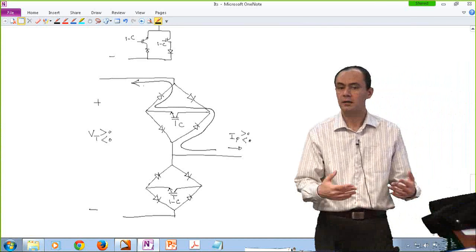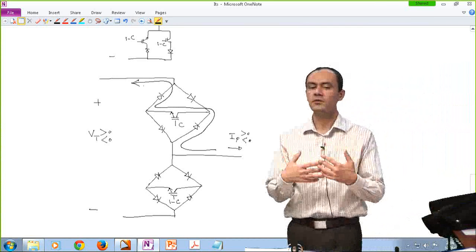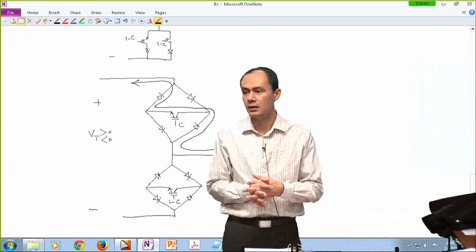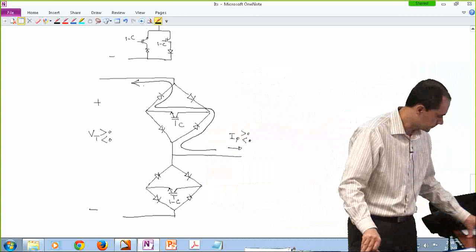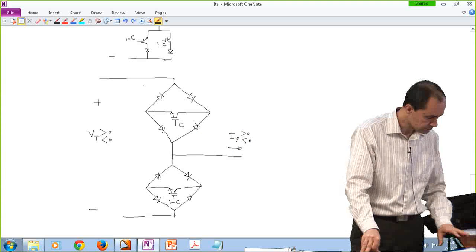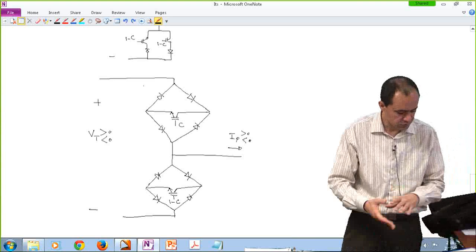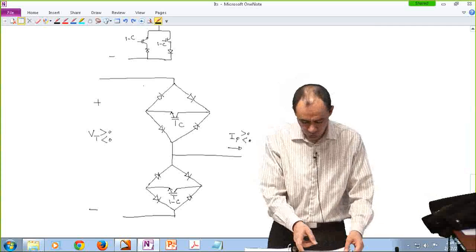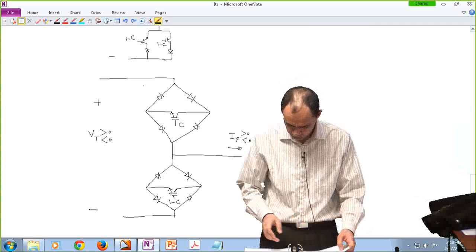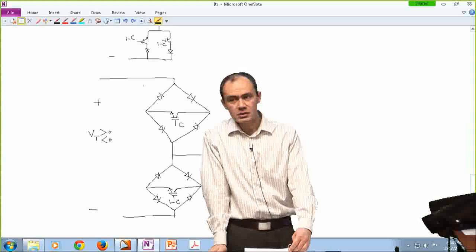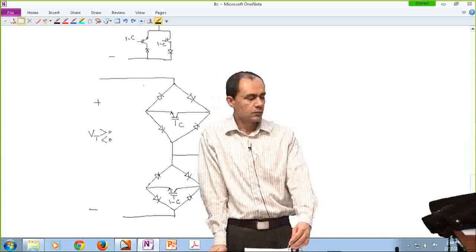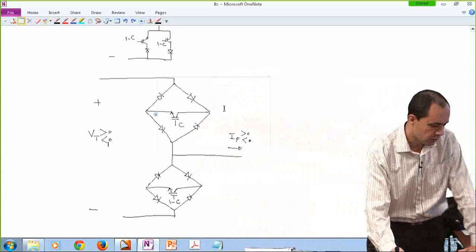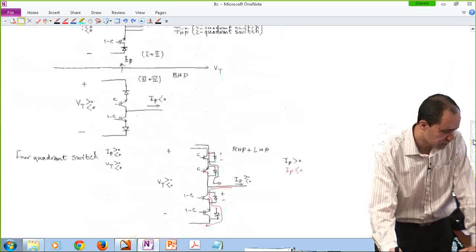All right, something like that. And in a similar way, if you need conduction in the bottom throw, basically. All right, so we have almost 2 different ways of realizing a 4-quadrant switch. Any questions? So we kind of had some examples already for the first quadrant single pole double throw